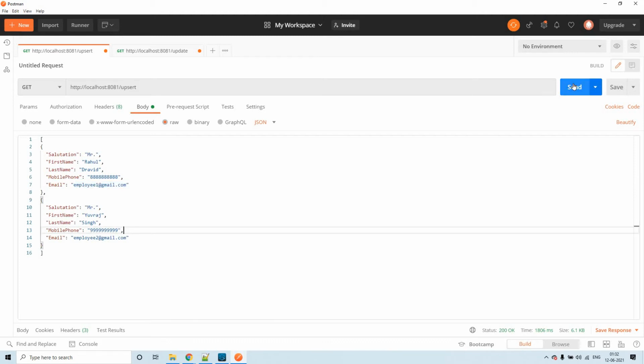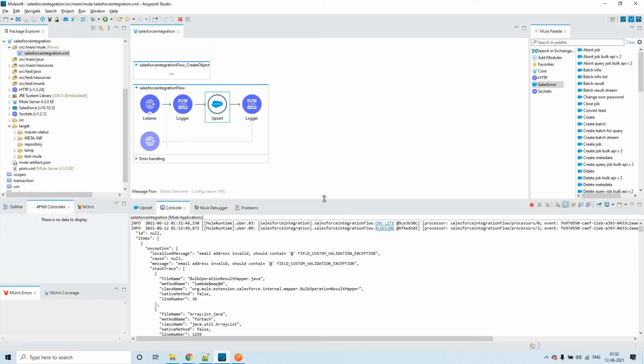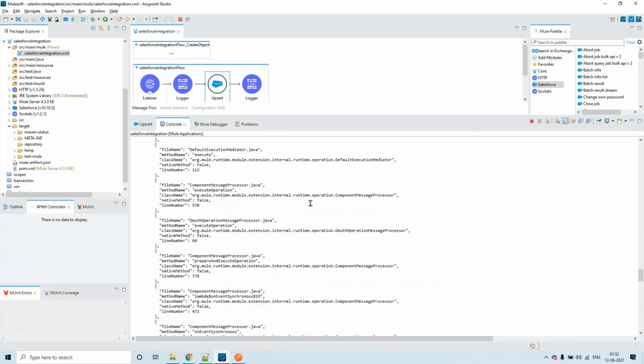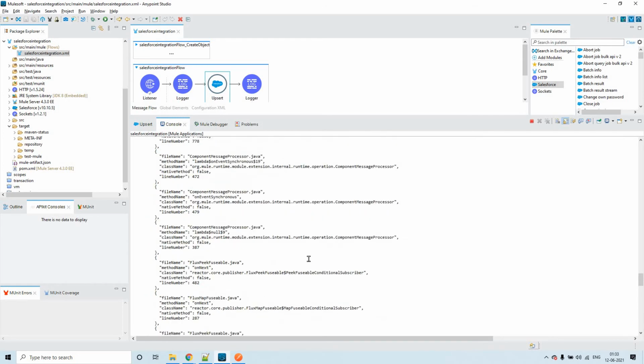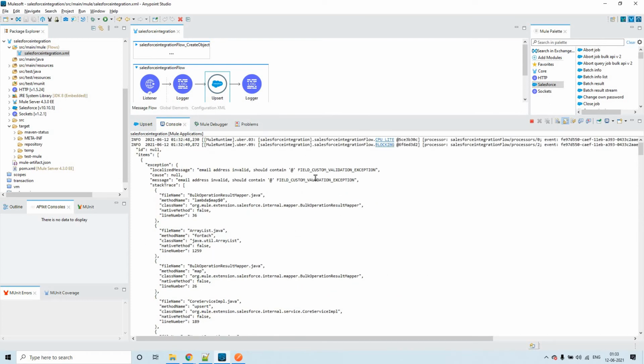Let's try to upsert these two. Click on send.